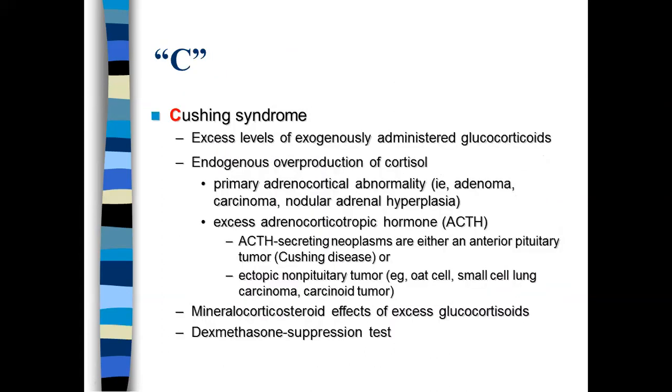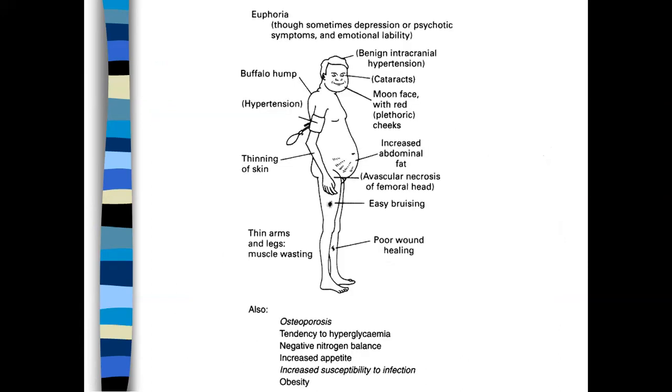Cushing syndrome is due to overproduction of cortisol. Typical appearance is central obesity with facial plethora, moon face, round face, euphoric because of the excess cortisol, buffalo hump, and hypertension, of course, and thinning of the extremities. The skin is very thin, which leads to poor wound healing and easy bruisability, and rarefaction of bones with frequent avascular necrosis of the femoral head.